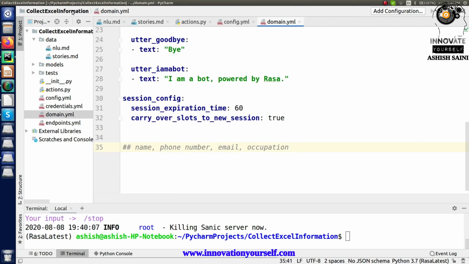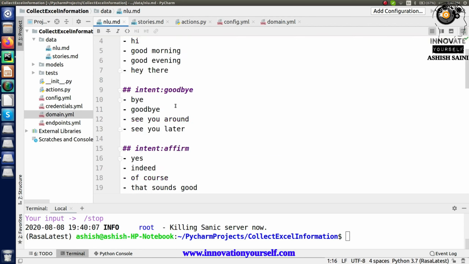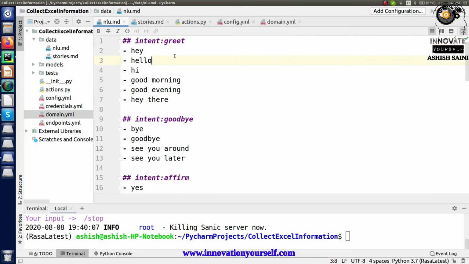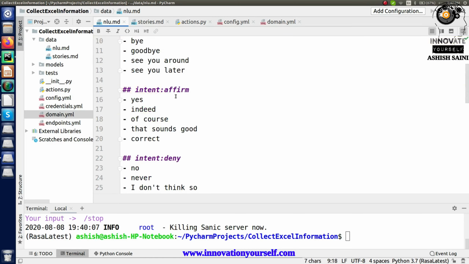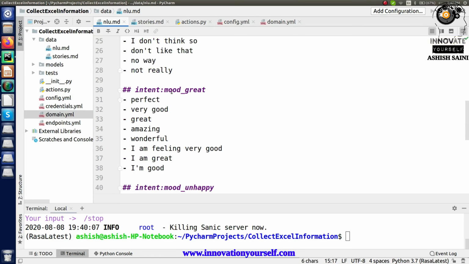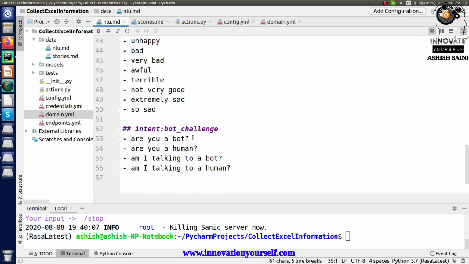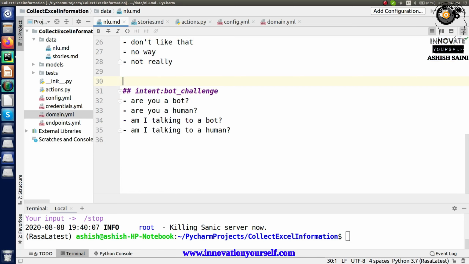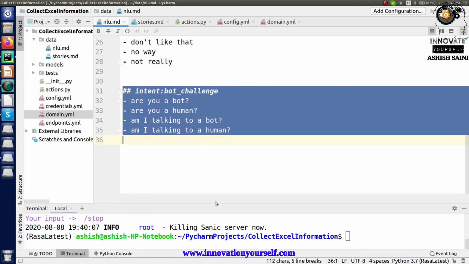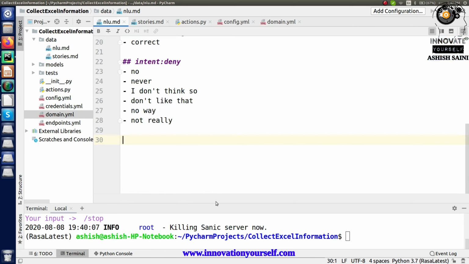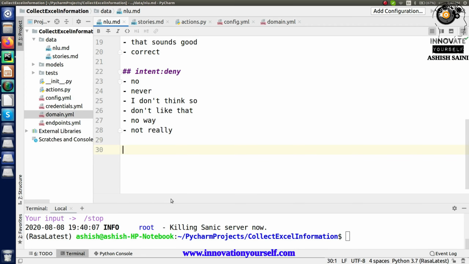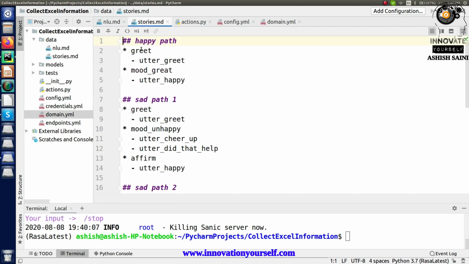So now let's get started. For now I need greet, goodbye, affirm, and deny. I don't need mood greet and mood unhappy, so you can remove them. If you want, you can remove this as well. Let's remove all these things, and then go to the stories as well.